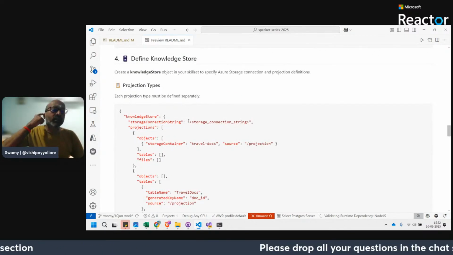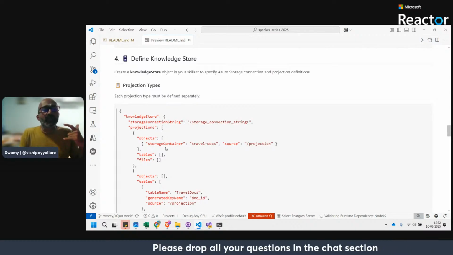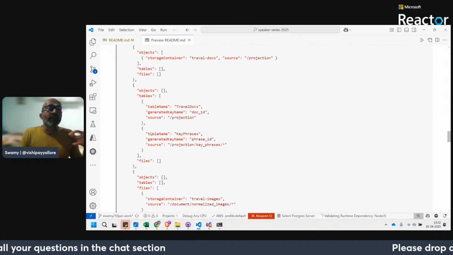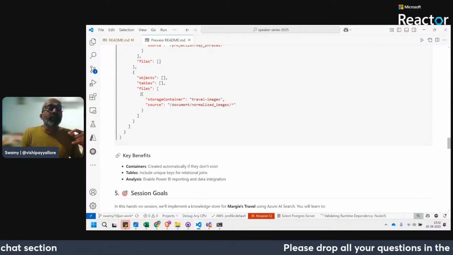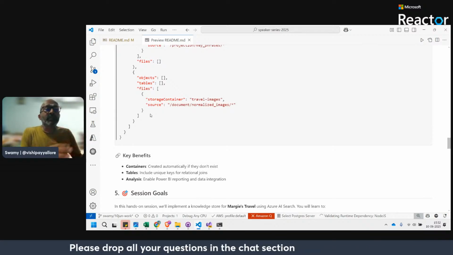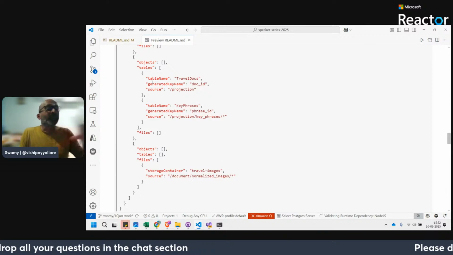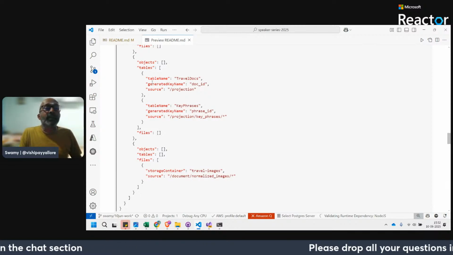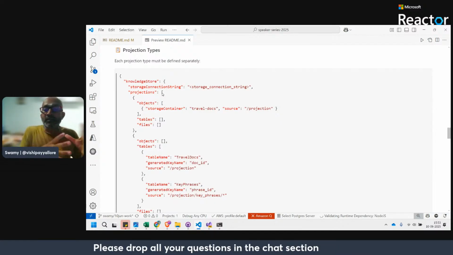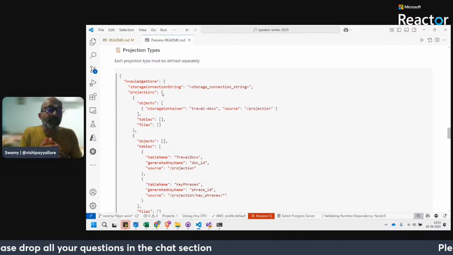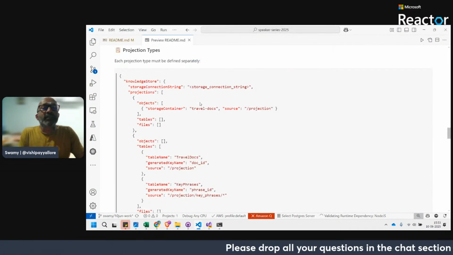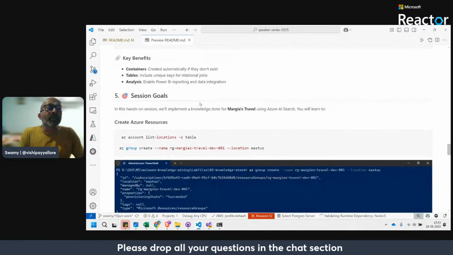So inside the knowledge store, as we saw, the projections are either the JSON object itself, or it could be in different tables, or it could be files, in the sense specifically images. All the different images will be in these files, and something which we want to do for analytical purpose will be in a tabular form, and something you want to send to the Azure Data Factory. The same example that was given in the Microsoft documentation will have a JSON. Okay, so that's the one projection type.